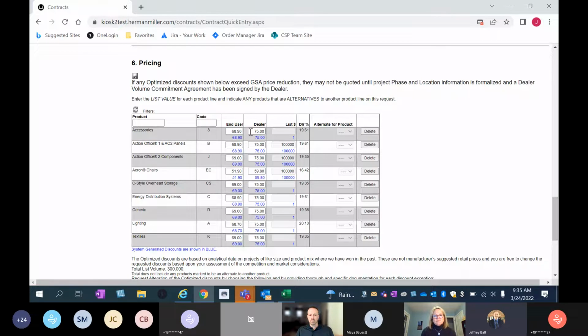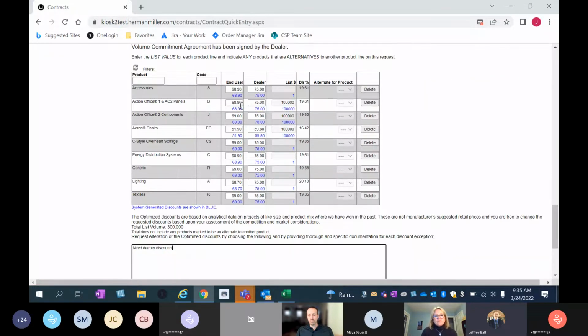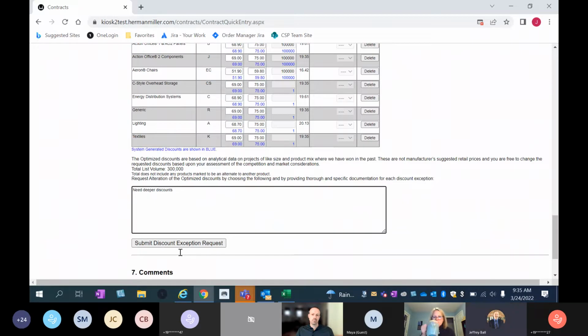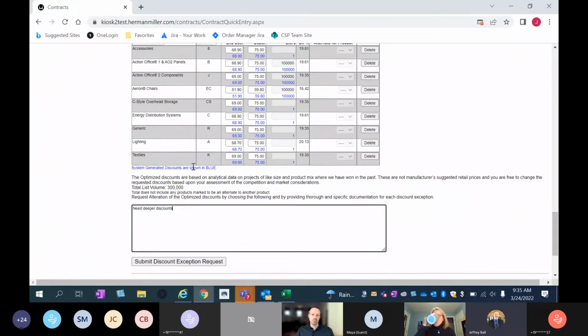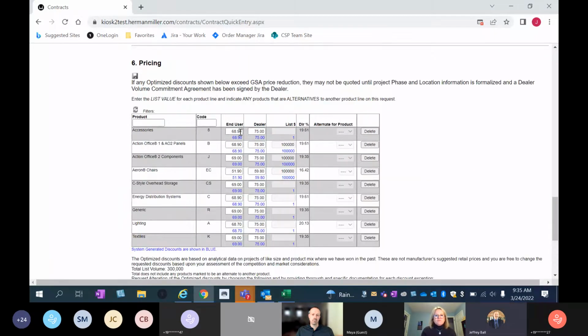Sure. And when you do that, it unlocks these fields here. You do need to put a comment in here first, for a reason why you need a discount exception. You can change discounts like